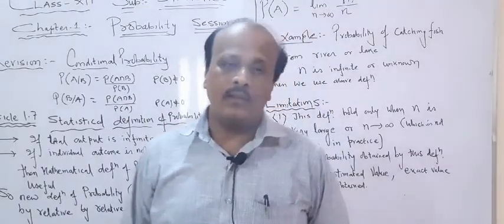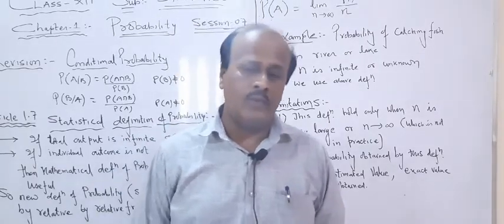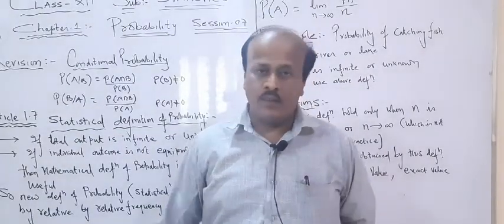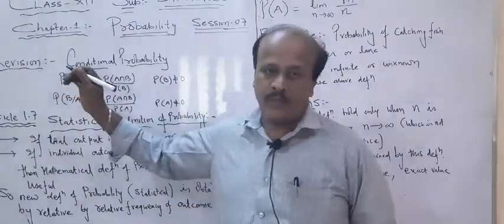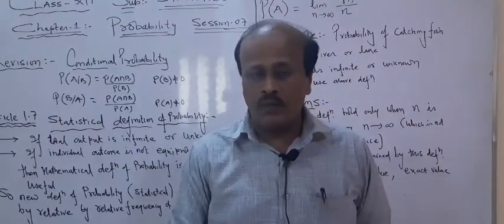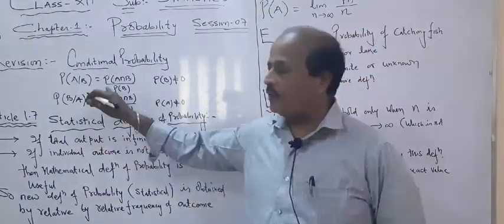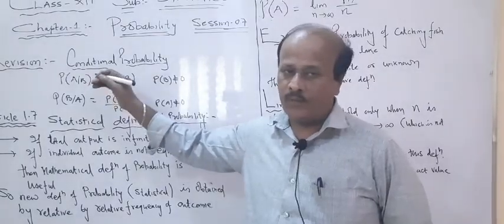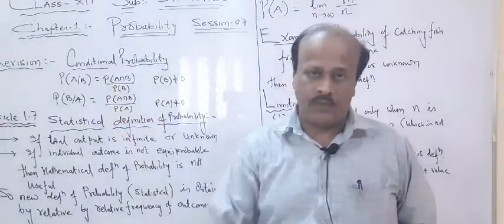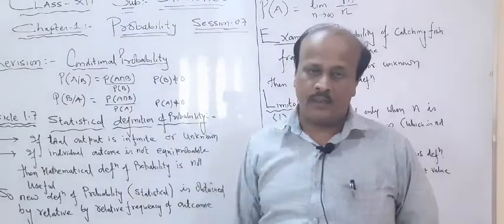Whenever some extra condition is added with any event, as I told you in many examples earlier, then we use the formula for conditional probability. Earlier also I told you that the question will not mention that you should find conditional probability. If you are lucky, okay, a direct question will come using this formula. Otherwise, you will have to read the question very carefully.